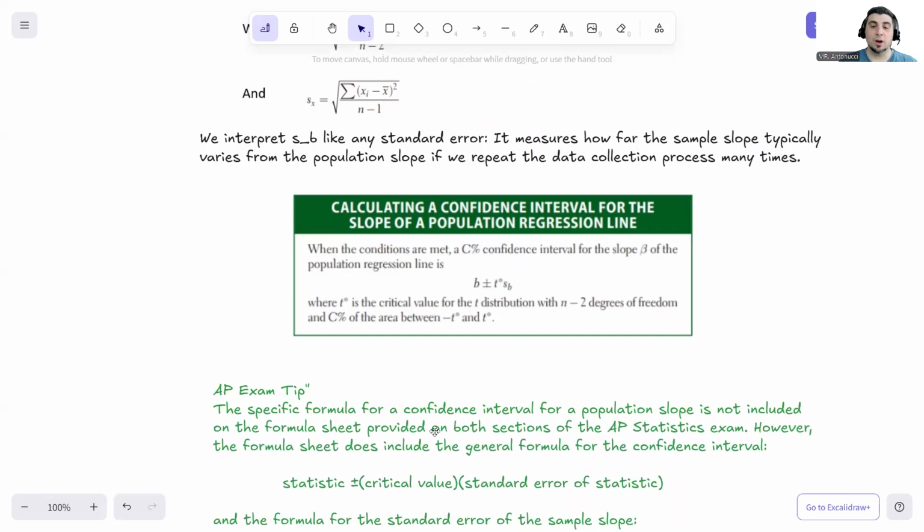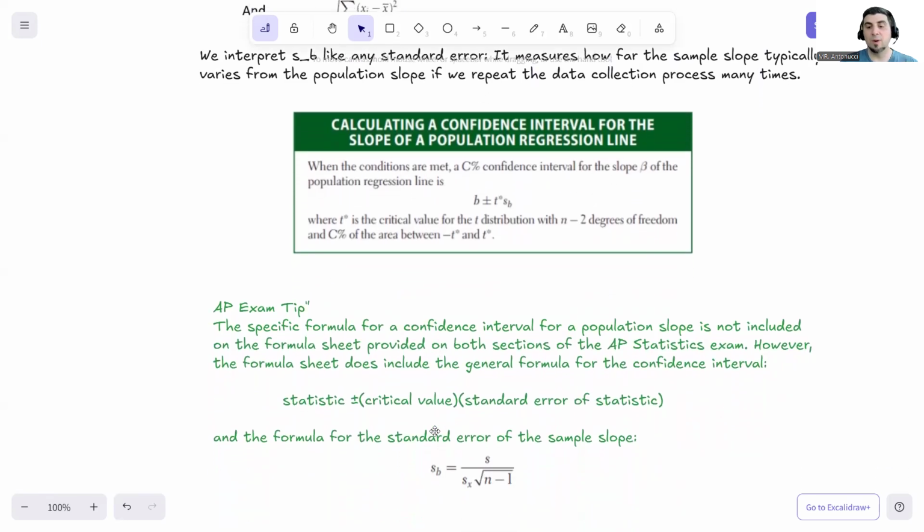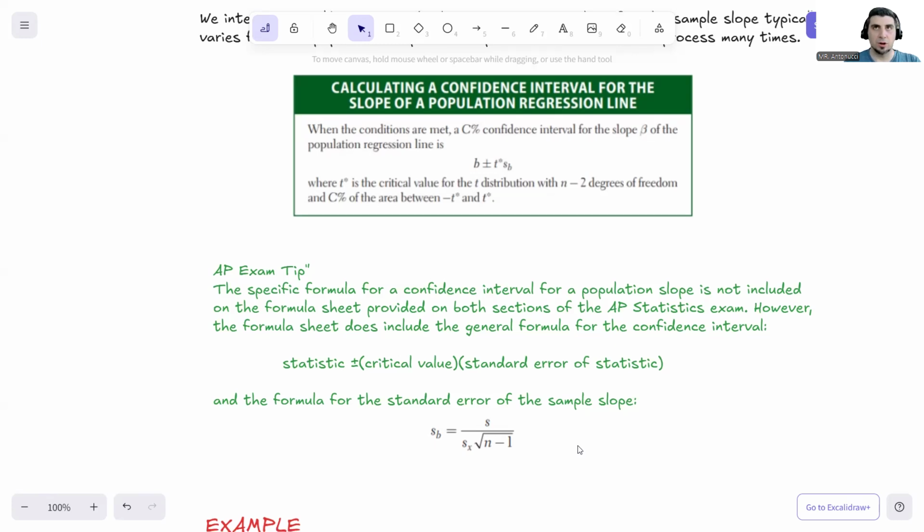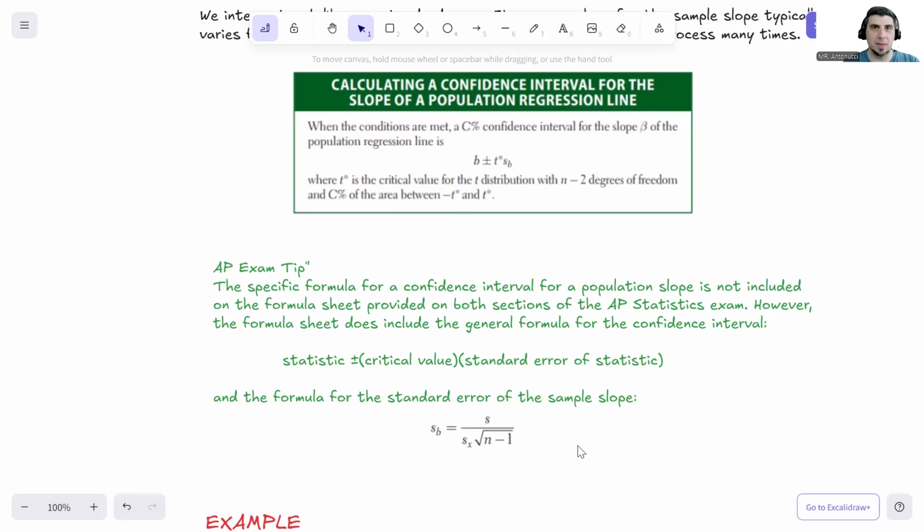So the specific formula for a confidence interval for a population slope is not included on the formula sheet for both sections of the AP Stats exam. However, the formula sheet, like we've said before with all this inference stuff, does include the general formula for a confidence interval, which is always going to be the statistic plus or minus the critical value times the standard error of the statistic. And it's also going to have the formula for the standard error of the sample slope. So this will be in the formula sheet as well. Okay, so you just have to know when to use them and how to combine them